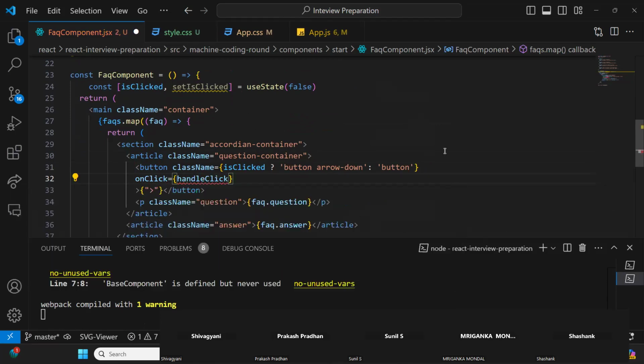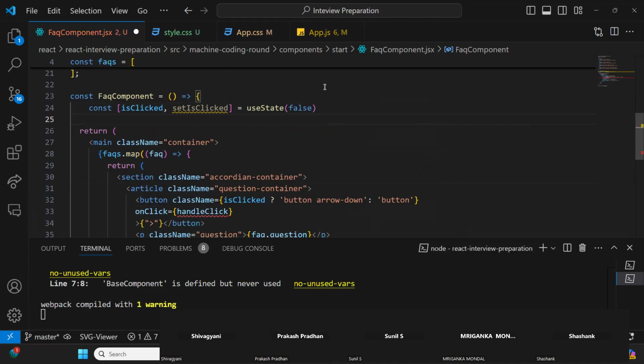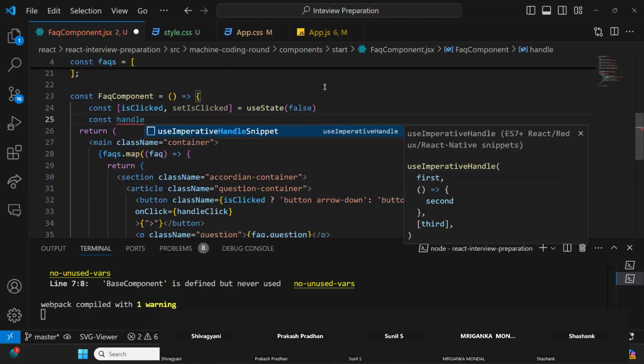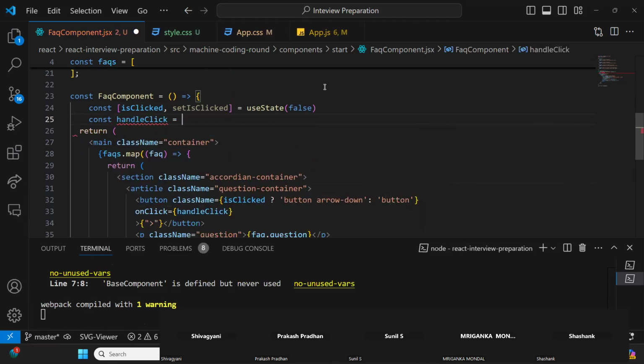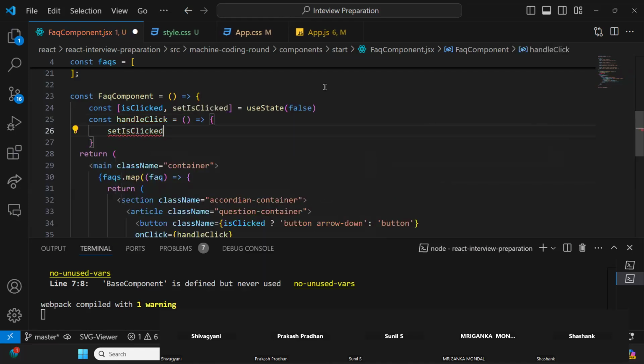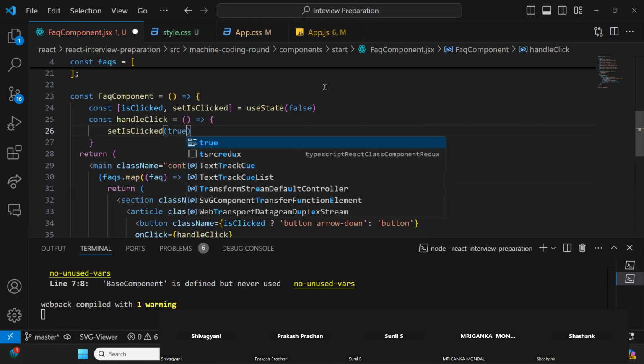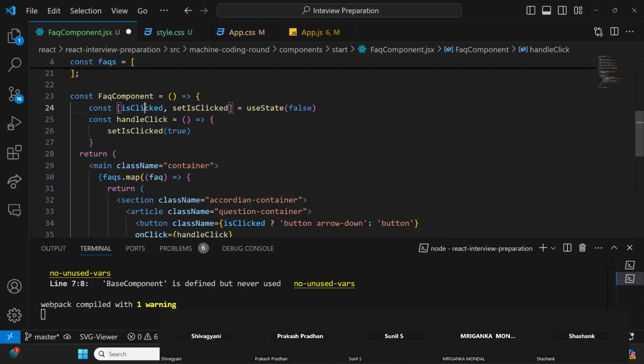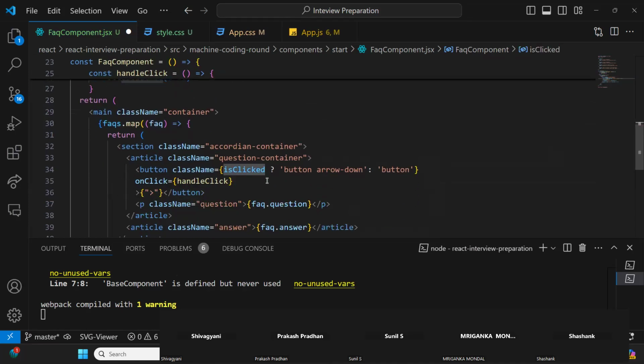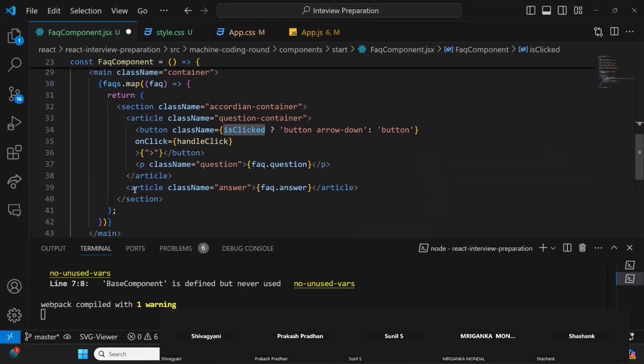Handle click, right? And this handle click function, what it will do is const handleClick. So it will be an arrow function, which means that when I click on it, I just need to set isClick to true. So when I do setIsClick true, isClick becomes true. And when isClick is true, then what do I have to do? I have to show this article, that means this answer I have to show. So I have to do something like this. I now have to do isClicked,